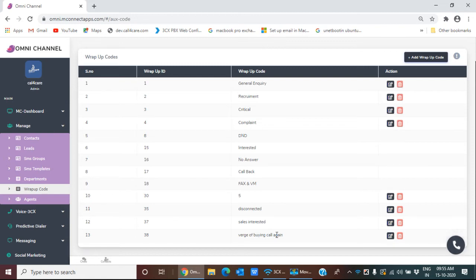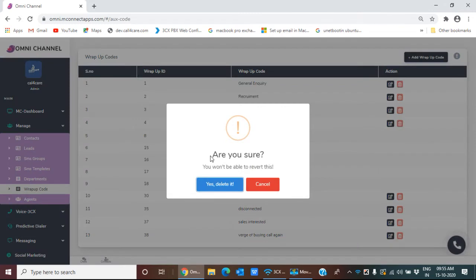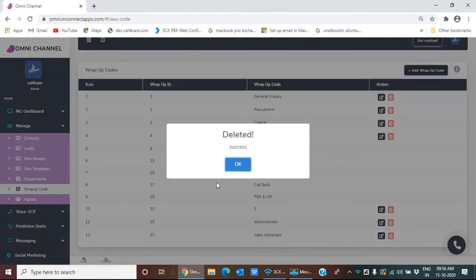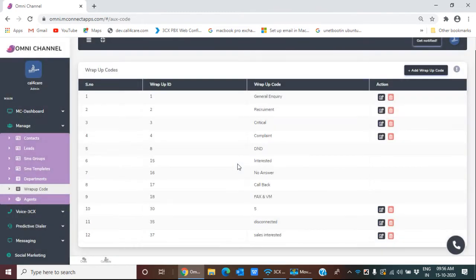Now I'm going to delete the wrap-up code which I have created. So I'm clicking on the delete icon. It will ask for a confirmation. I'm clicking on yes, deleted. It has been deleted. You can see that the wrap-up code is not found in the list anymore.